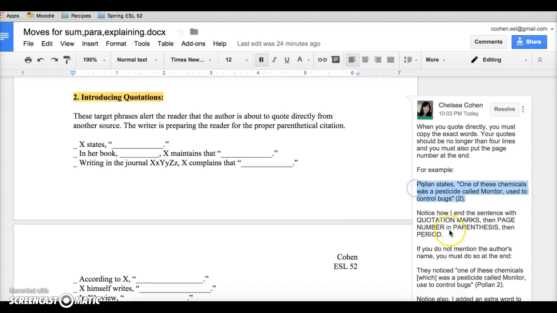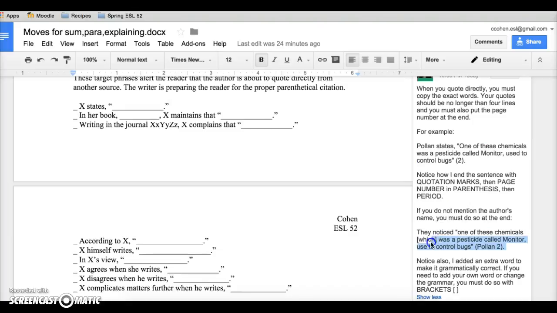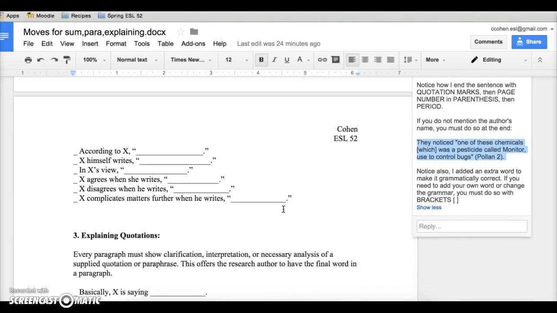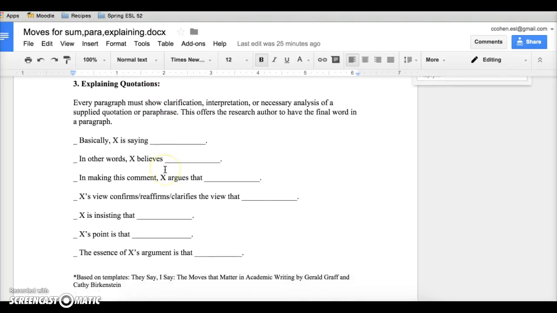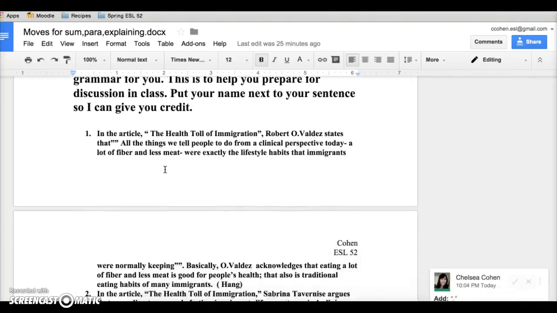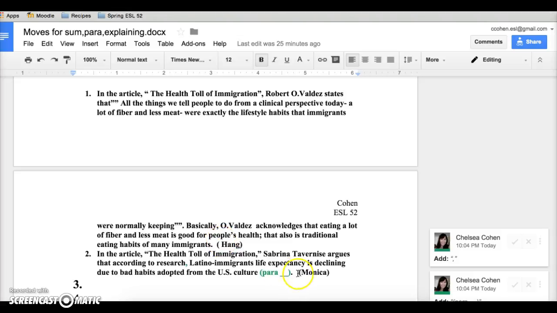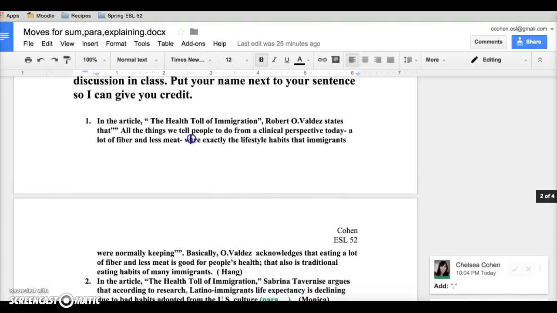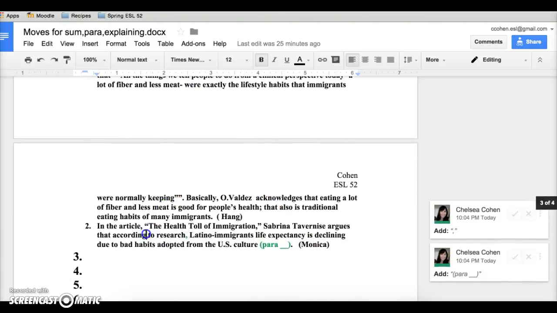So read these things very carefully and then practice that in the forum. You can also practice using these templates here at the bottom. As you can see, Hang and Monica already wrote sentences. If you post your sentence here, I will correct it, and you can use this in the seminar next week